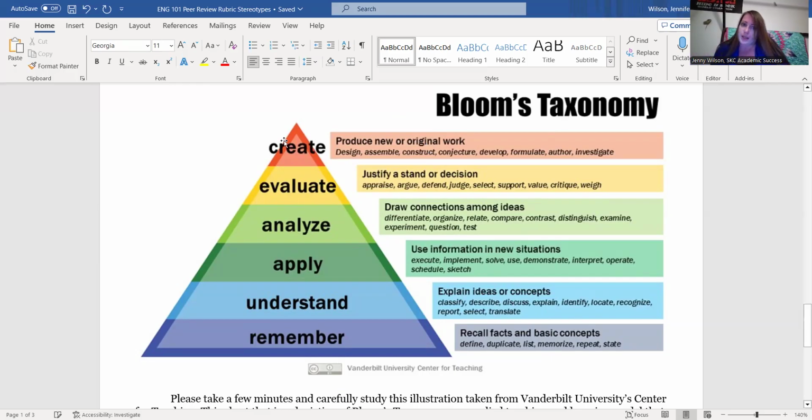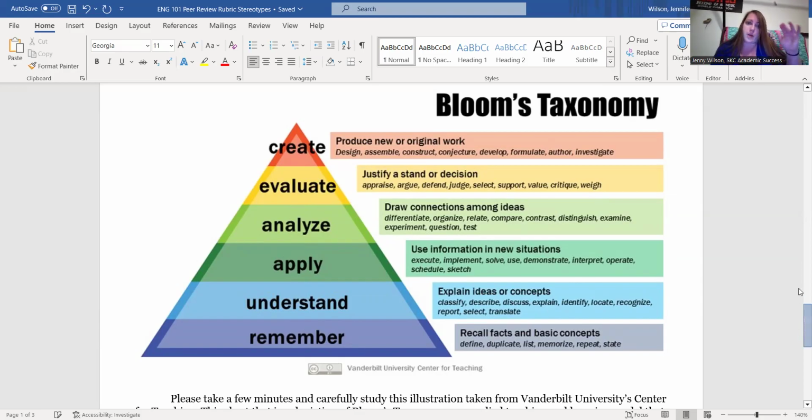You may not be ready to be at this level with any college level assignment. I don't expect students to walk into English 101 and create something that's purely new and original and that I've never seen or read before, or not similar to something that I've seen or read before. I don't expect students to be at the top of the pyramid when you come to college, but the more you can try to get out of this lower zone of simply regurgitating, here's what the book was about, and move up the pyramid. So these are things for you to think about moving forward from this English class.